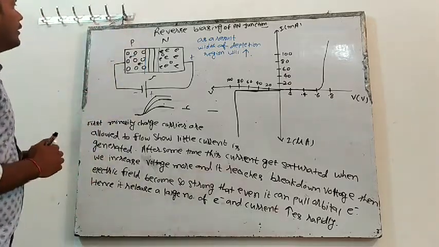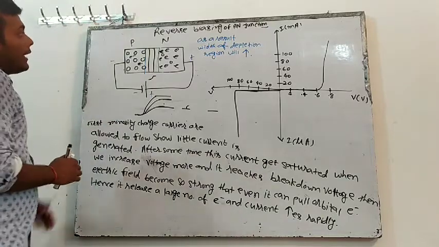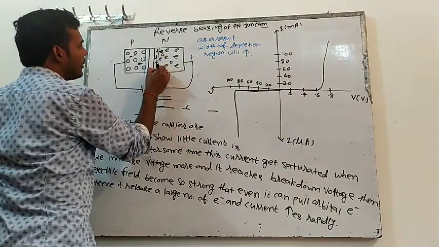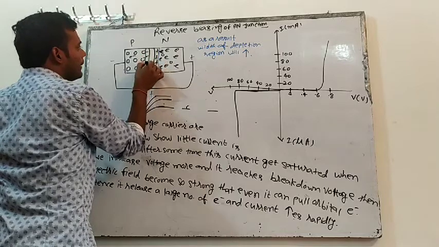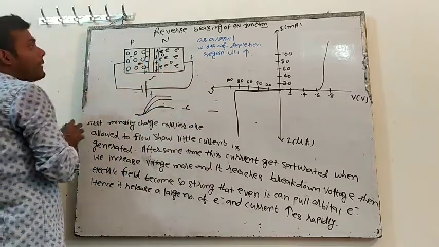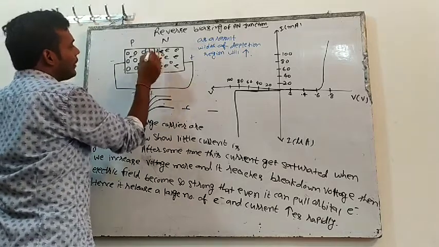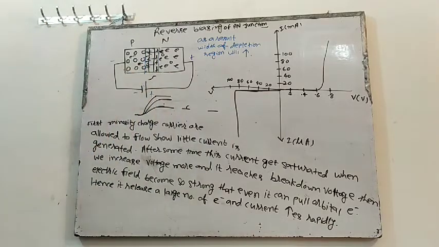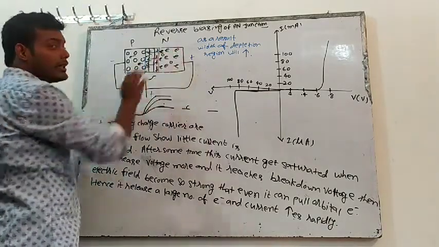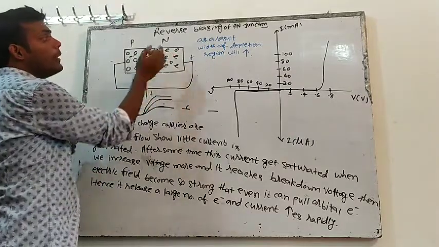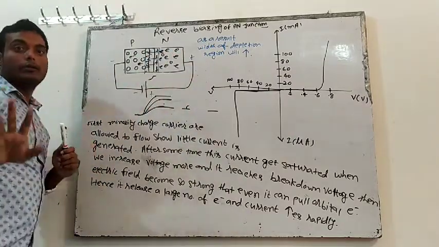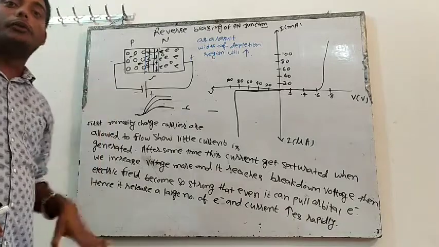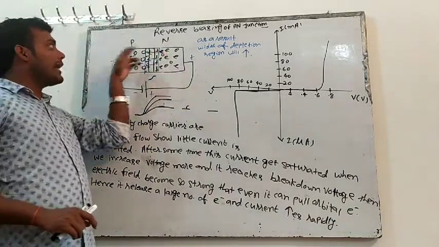See, if you think here, there will be an electric field also. Which electric field will be there? This side will be positive and this side will become negative. So an electric field will be set up, and the electric field direction will be positive to negative. So initially what will happen? This hole is a minority charge carrier here, and the hole will move in the direction of the field. I told you that if I place any positive charge in any electric field, it will experience a force F equal to QE, and its direction will be the same as the electric field.